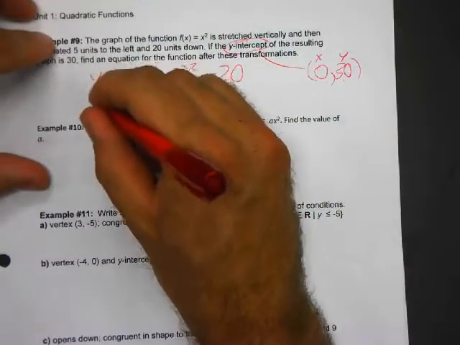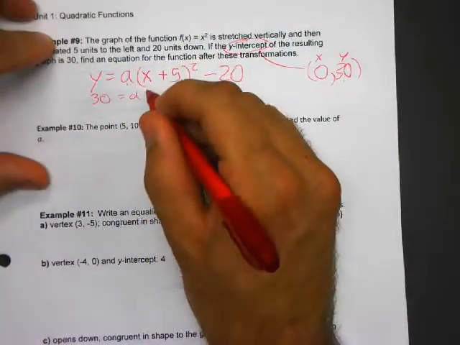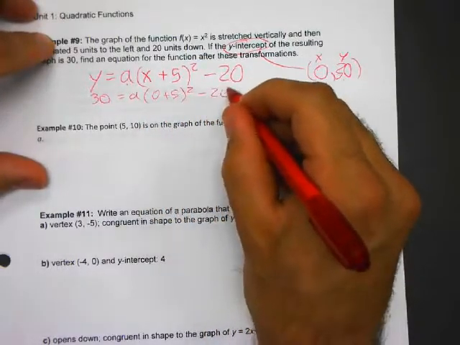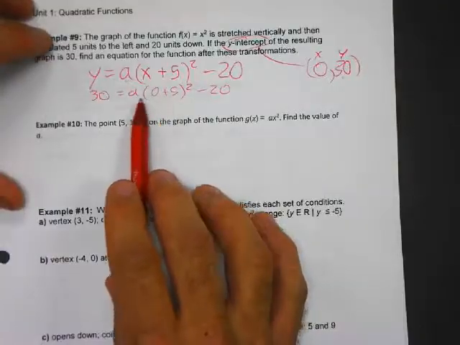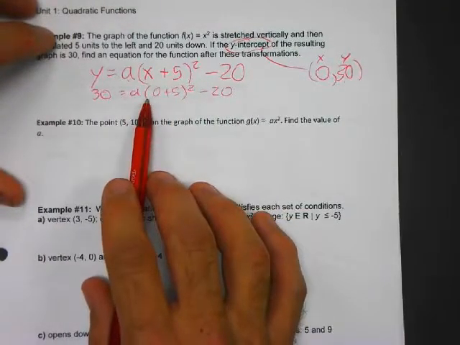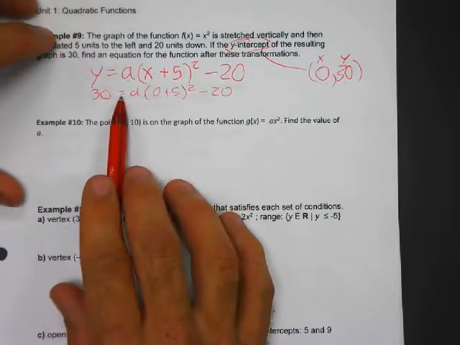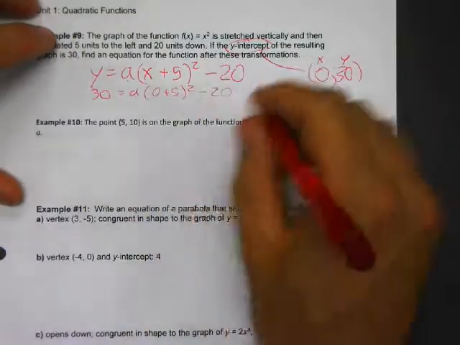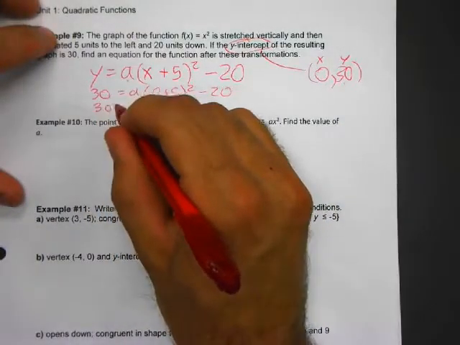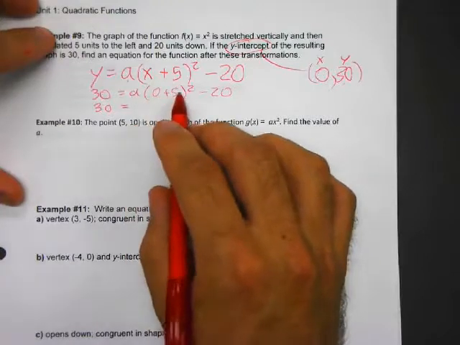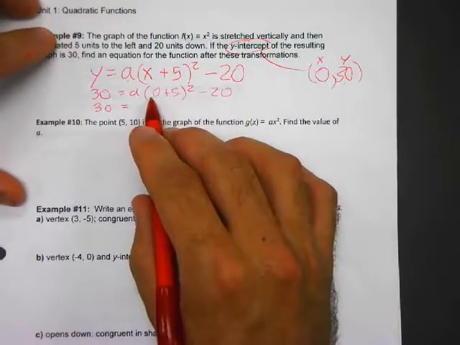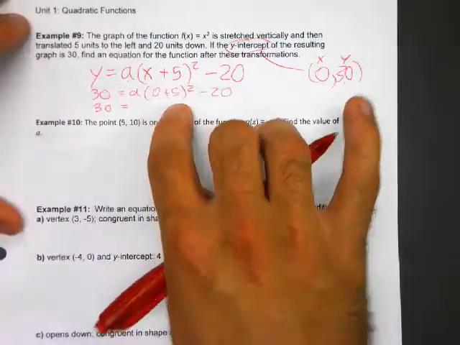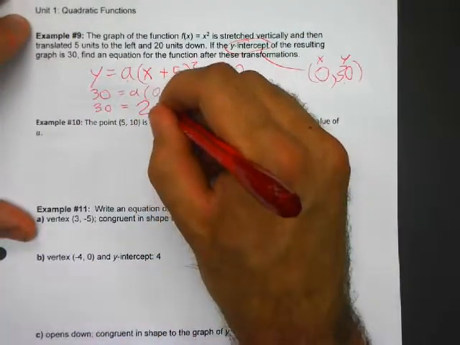So great, 30 equals a times (0 + 5) squared minus 20. If you were good at mental math and you wanted to simplify this whole thing, I would have jumped straight to 30 equals 25a minus 20. But I'm going to write it all out here. So 30 equals, 0 + 5 is 5. Square it, you get 25. So that's a times 25. Do yourself a favor, write that as 25a